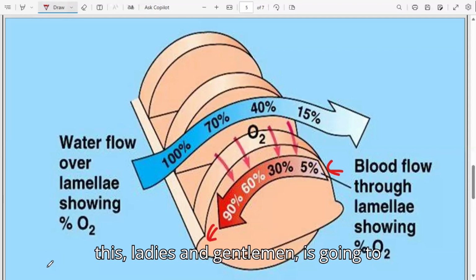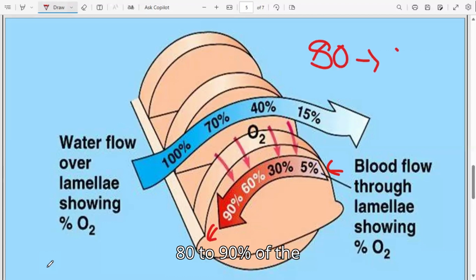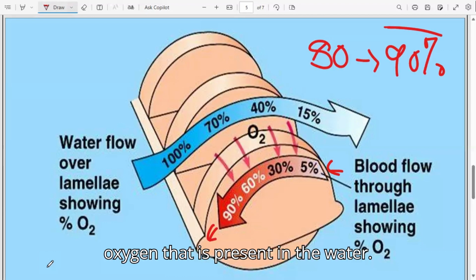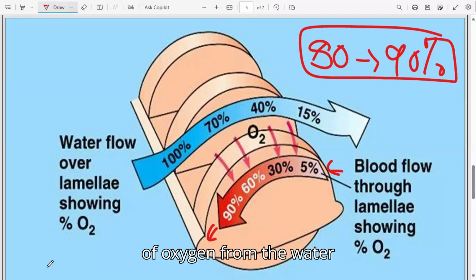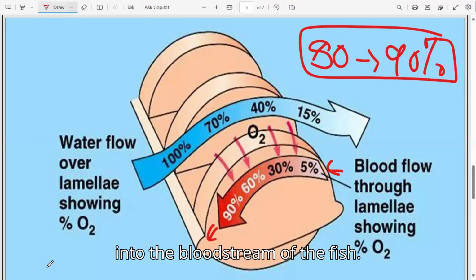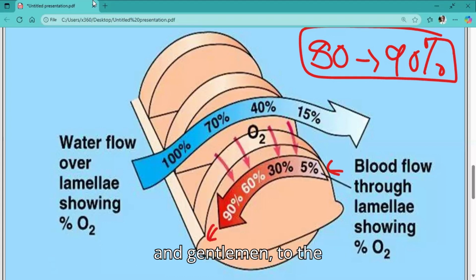And this, ladies and gentlemen, is going to lead up to the intake of about 80 to 90% of the oxygen that is present in the water. Hence, we say the countercurrent flow mechanism will maximize the intake of oxygen from the water into the bloodstream of the fish. So if you try and compare this, ladies and gentlemen, to